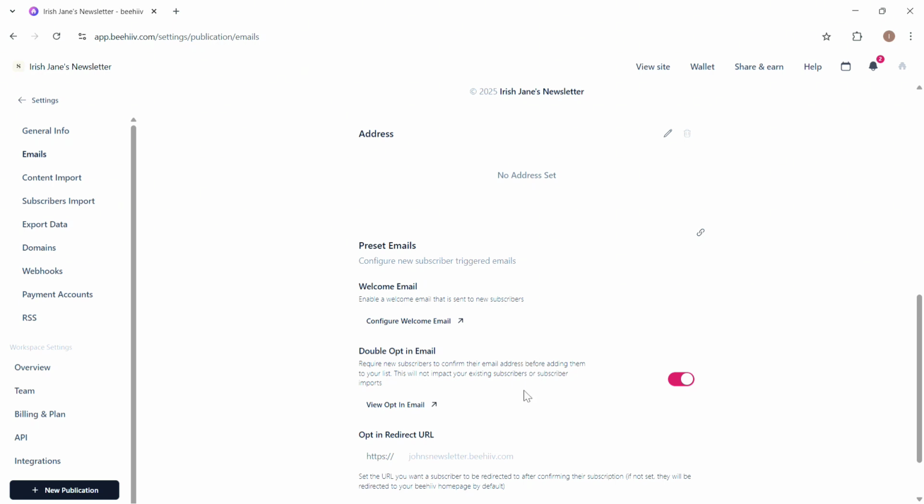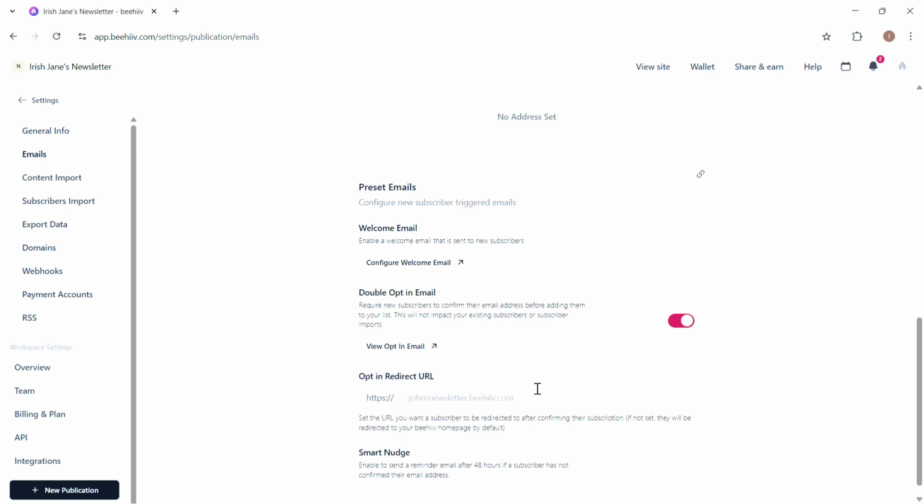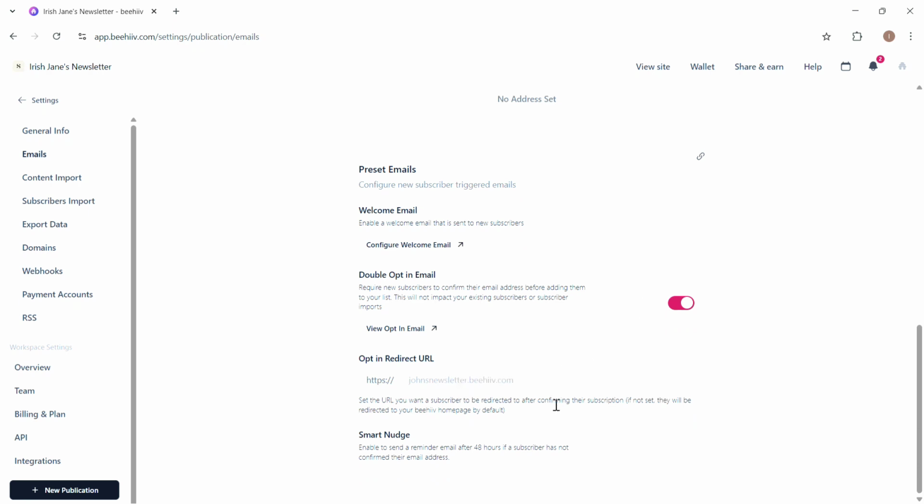So once you click on this double opt-in email to edit, such as clicking on this view opt-in email, you can go ahead and set the subject line, body text, button label, and the redirect URL after confirmation of this specific email. So once you're done customizing, you can go ahead and save it, and your double opt-in flow is